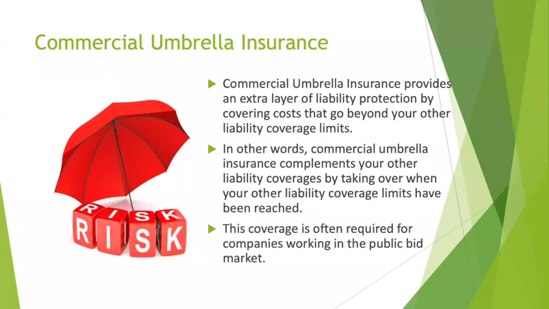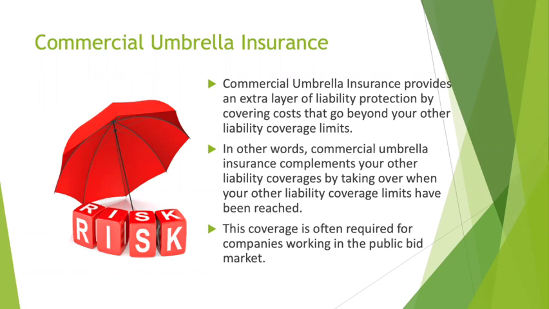And so the limit might be we bought $1 million worth of insurance, but yet I can put an umbrella over that, which might be a $5 million policy. So an example would be if a customer was injured in your place of business and they filed a lawsuit against you for $1.5 million, and you only had $1 million worth of liability coverage, then the first $1 million would come from your liability coverage. And if they got a $1.5 million settlement on that, the other $500,000 would come from the umbrella.